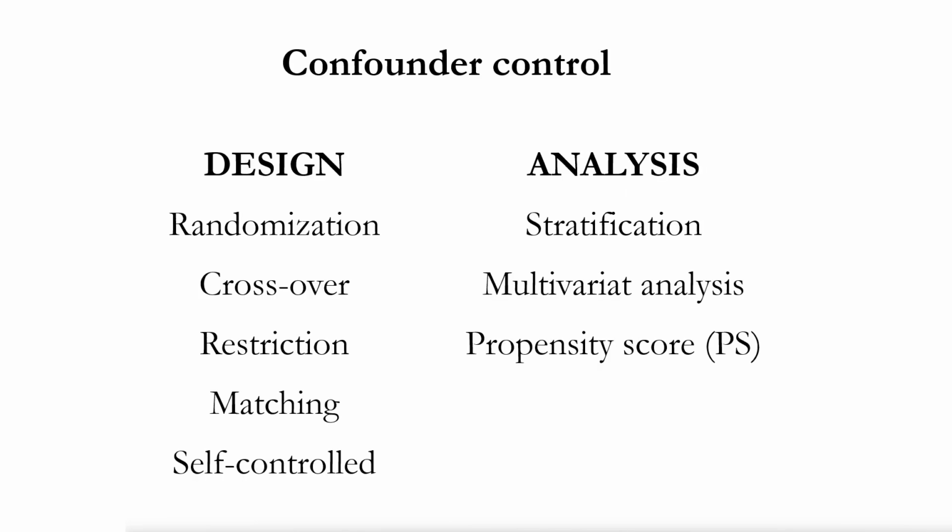So how to handle such confounding? Well, basically we can consider two different approaches to confounder handling. One would be to design your way out of it, and one would be to model or analyze your way out of it. And here are listed a few different approaches to how to handle confounding in these two categories. So I will cover not all of them, but some of them to illustrate the differences. The classical approach to handling confounding would be randomization. So if we had